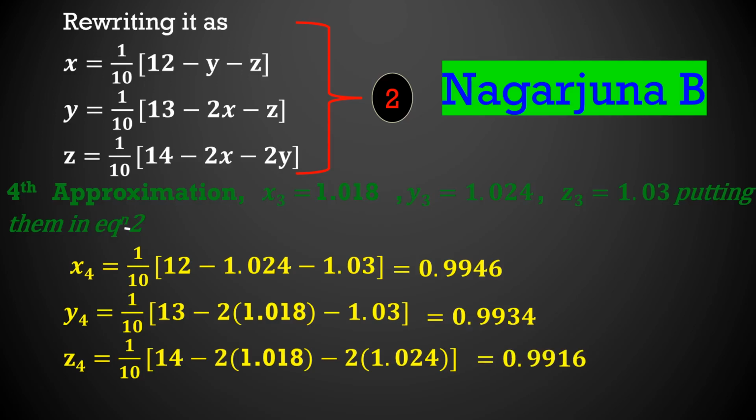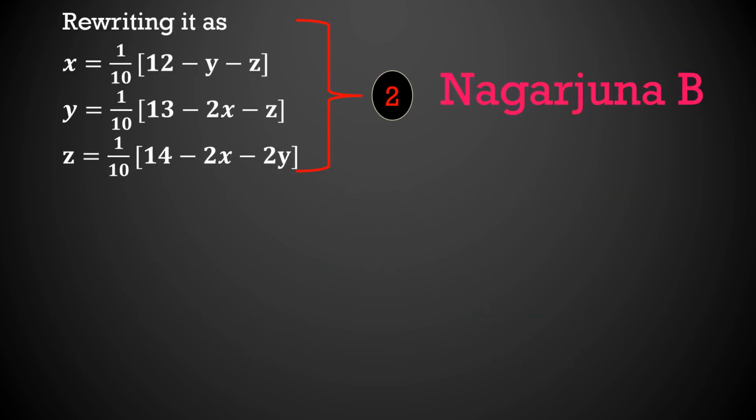0.9916. So these are the values of x, y and z at the fourth step or fourth iteration. This is the fourth approximation. We have got the values 0.9946 for x, 0.9934 for y and 0.9916 for z. Now we shall move on to the fifth approximation,